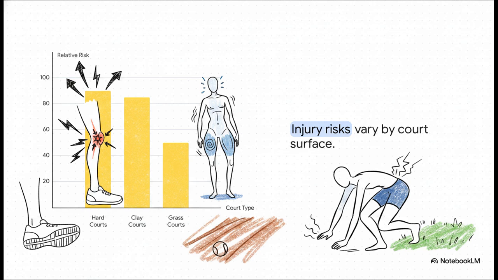On clay, the joint shock is lower because the surface gives way, but prolonged muscle fatigue is sky high. Why? Because those energy-absorbing rallies we mentioned earlier force the muscles to stay engaged way longer. Finally, on grass courts, the primary risk shifts to the lower back, mostly because players have to stay extremely low to catch that unpredictable bounce. Plus, you get sudden groin or muscle tears just from